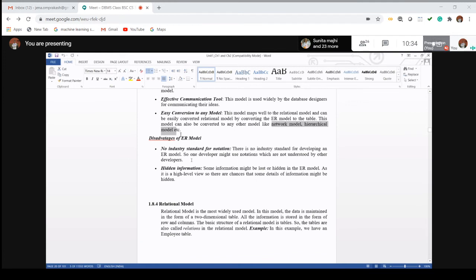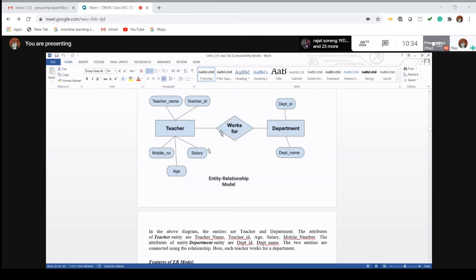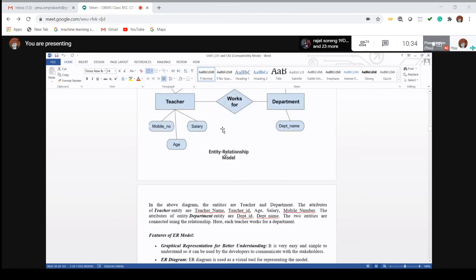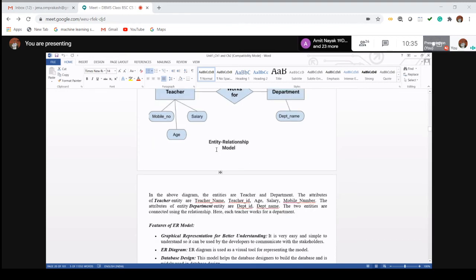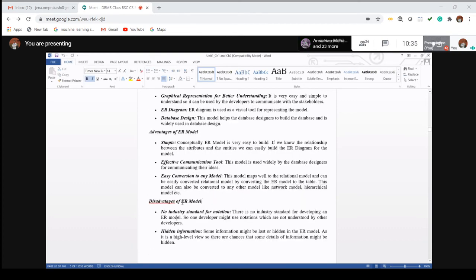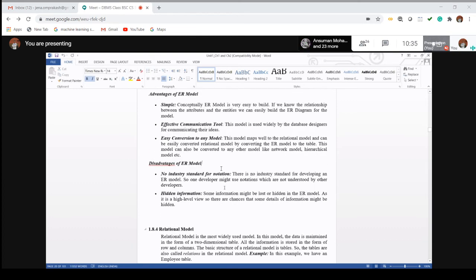Second thing is that there is a lot of hidden information. That means it cannot be clearly understood from this ER diagram. Just like, what is hidden information? Suppose I said there is a teacher ID. Whether the teacher ID is a number, whether the teacher ID is characters, whether it is a combination of characters and numbers, what is the range of this teacher ID value? All are hidden here. But in a relational data model, all the details should be there. So this may be a little bit of a disadvantage over here, but it has a huge number of advantages.